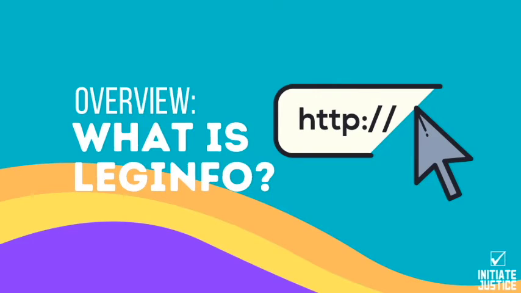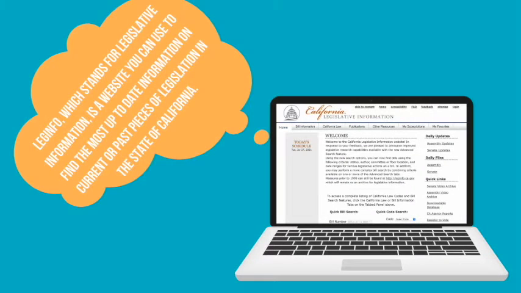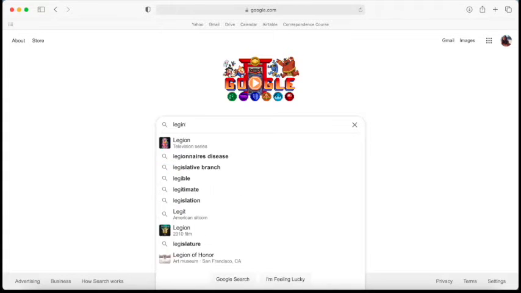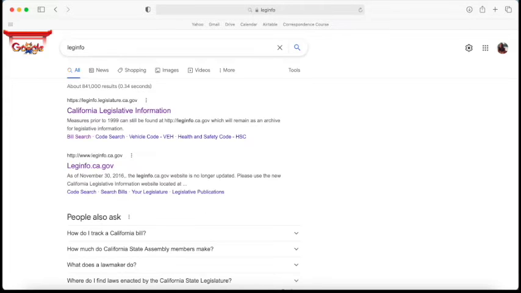Today we will be learning how to use LegInfo. LegInfo, which stands for Legislative Information, is a website you can use to find the most up-to-date information on current or past pieces of legislation in the state of California. You may access LegInfo by simply typing in LegInfo into your search engine and clicking on the first link that